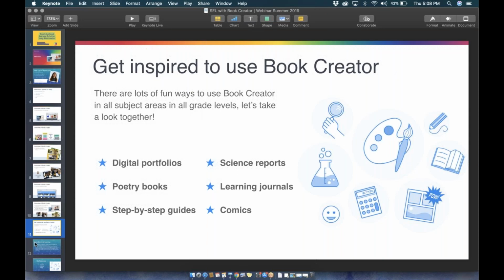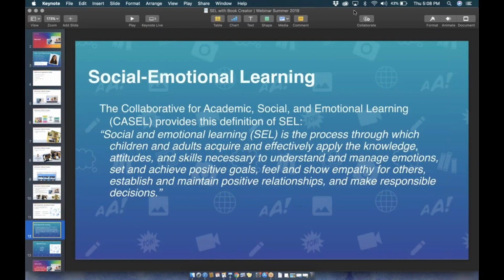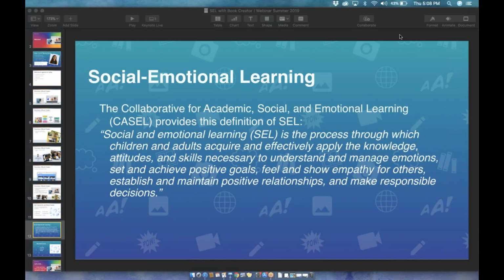Today, we are focused on making connections to social emotional learning activities. Now, when we talk about this, and I'll point to more resources as we move through, the Collaborative for Academic, Social, and Emotional Learning provides the following definition of SEL that I thought would be great for us today to really anchor in our conversation. I'll share resources where you can get more information on their work as we go through the webinar together too.